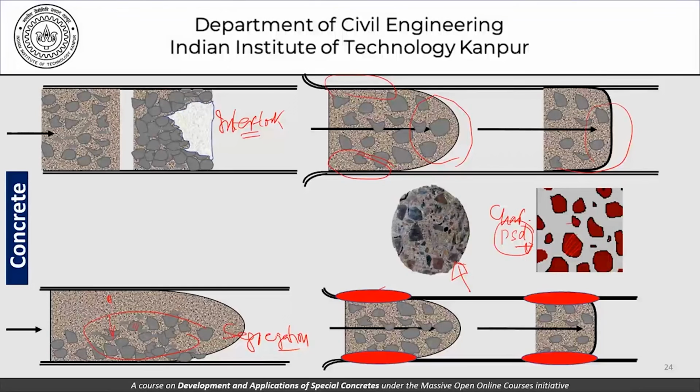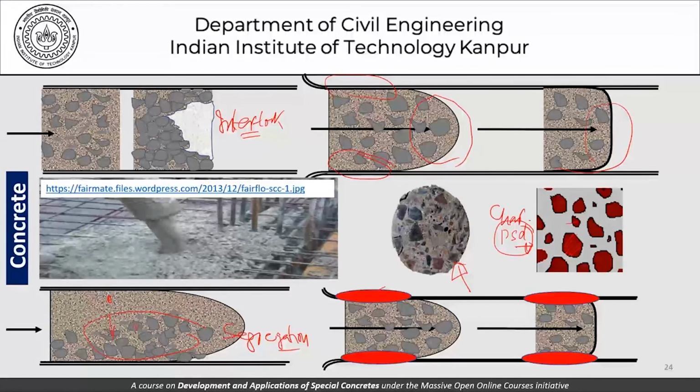How many of these particles are smaller, how many are much smaller, and what is the maximum size of these aggregates, and so on. This understanding we need to have, to try to keep at the back of our mind, that this whole thing really represents this concrete. In other words, this concrete is being represented through these kind of pictures. And when we are trying to proportion a mix, we are trying to determine the properties of the mortar phase, that is shown here in different ways, and the coarse aggregate phase, which is shown here,